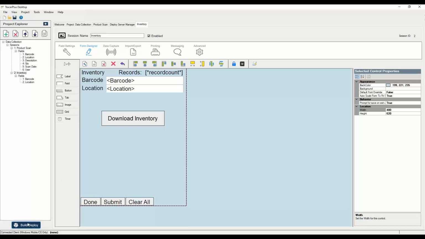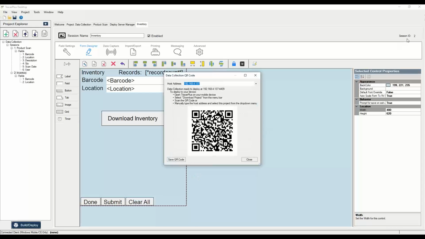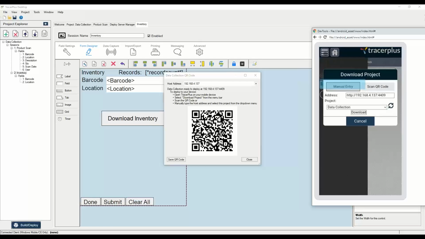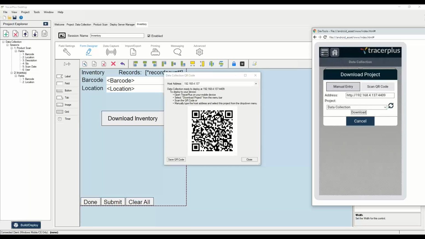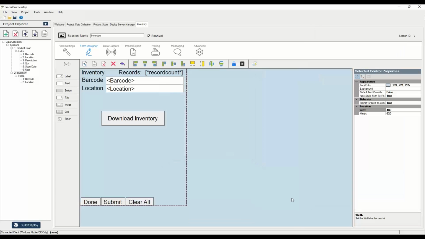Just as a note, to deploy any of these settings, you would hit build deploy here. Hit deploy. And then on the handheld, you go to the menu option up here on the top left, hit download project, and then you just hit download project there from this form, and it'll download that project and make those changes on the handheld